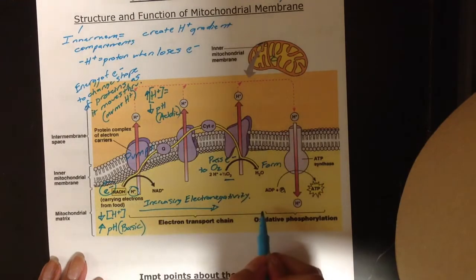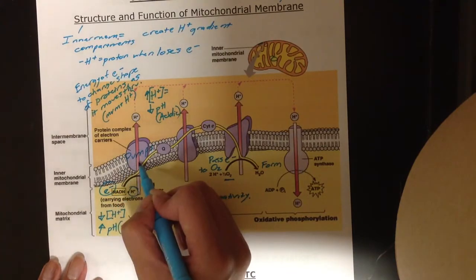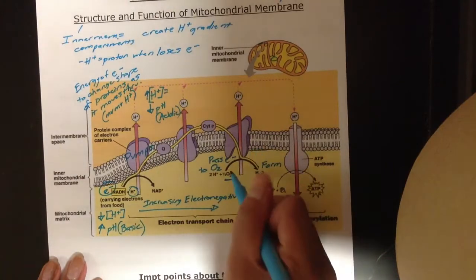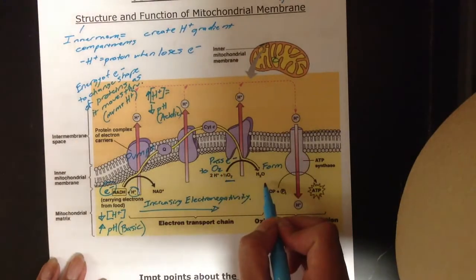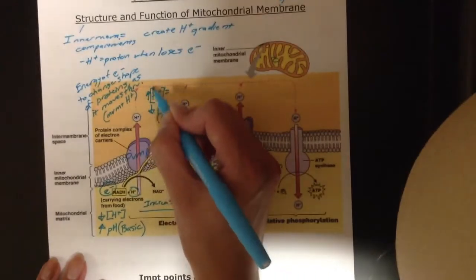So we're increasing electronegativity. Each of the following proteins are getting more and more electronegative, and the oxygen is the most electronegative molecule there. We end up forming some water here, and then at the very end, because we've increased